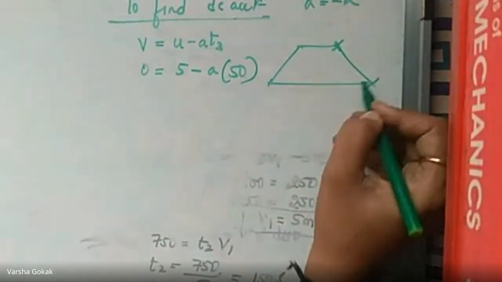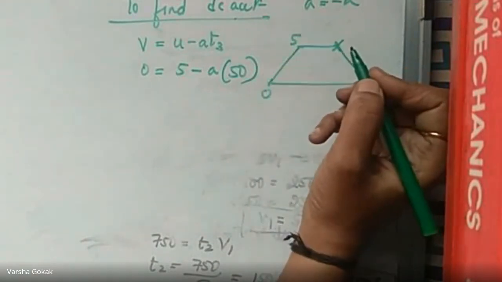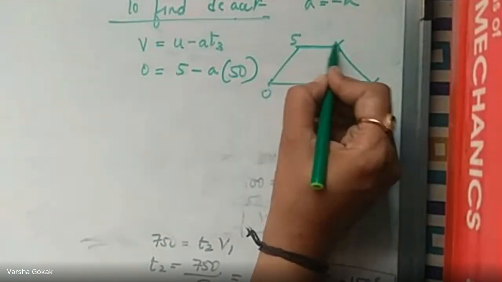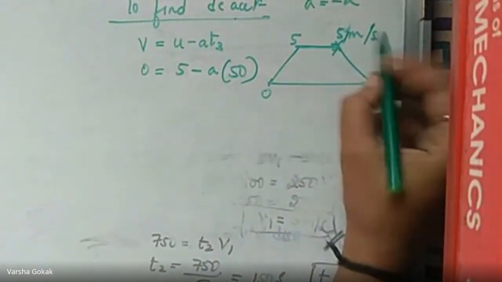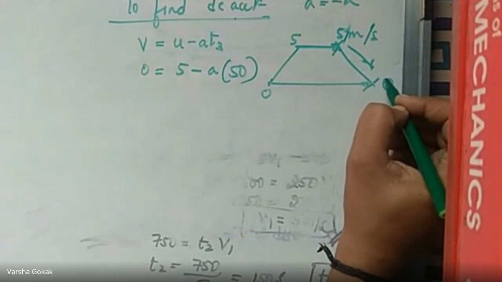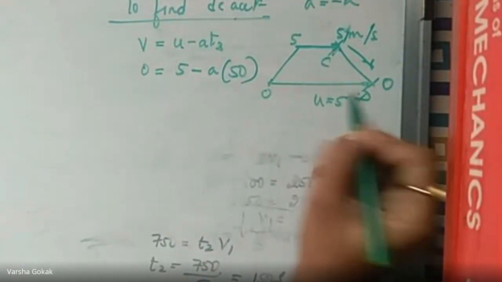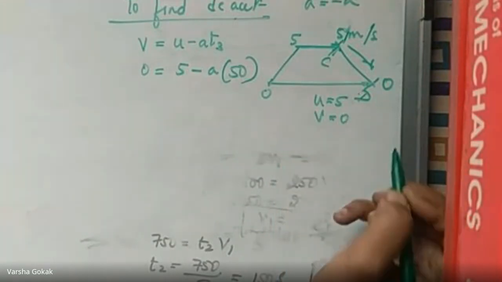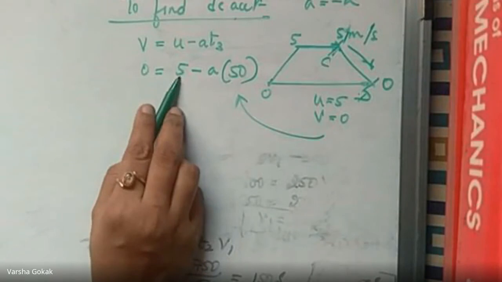Okay, because this is from the graph. Deceleration is from here to here. It started with the initial velocity 0 and it reached a velocity of V1, that is 5. Then it moved with 5 meters per second. Here it was 5 meters per second only. And then it was brought to rest to 0. So when I'm talking of motion C to D, the initial velocity is 5 and final velocity is 0. That is what has been stated over here. Initial velocity is 5, final velocity is 0.